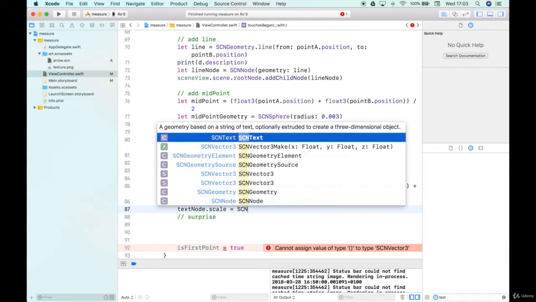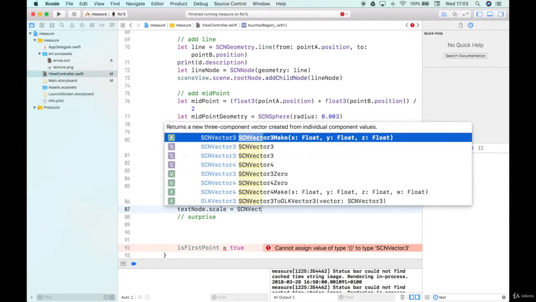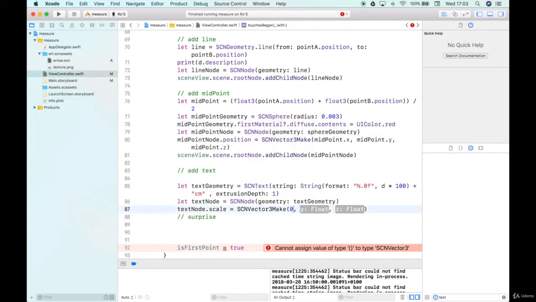So SCN vector 3 make, and that's going to be 0.01. Actually, it's going to be 0.05 because it is really quite small actually. And in here I'm going to double this, so here that's going to be 1. All right,